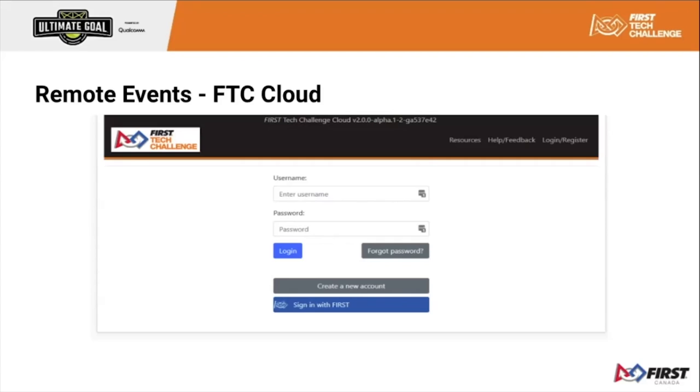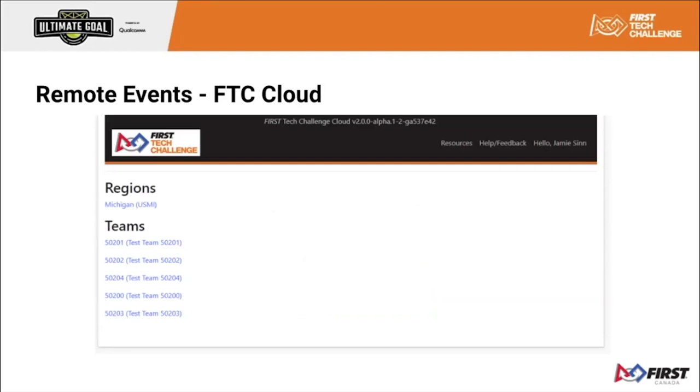So when you get the link to go and log into FTC Cloud, you will see this same login page. You will either be asked to register an account or one will be provided for you. Likely you'll have to sign in first, so it links to your team properly. If you go to the next slide,